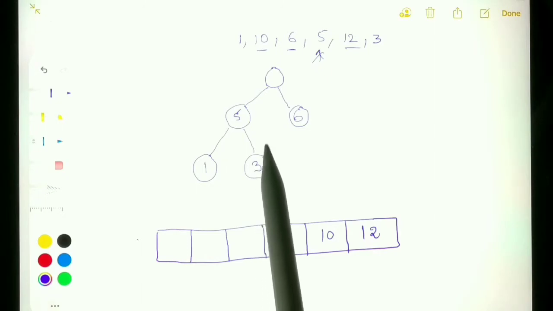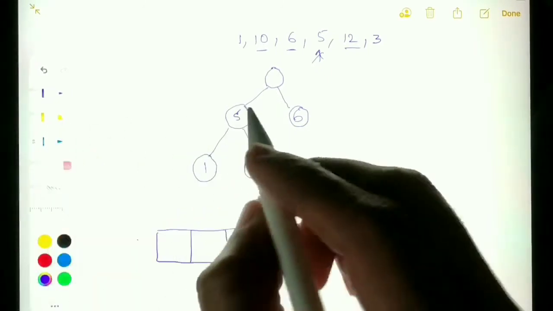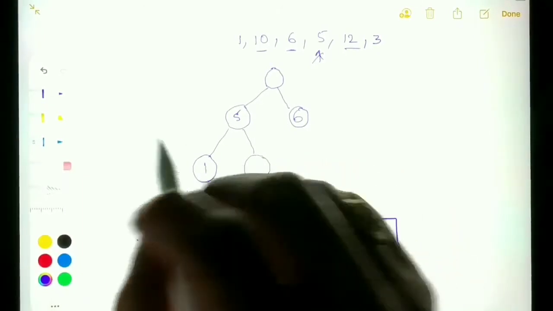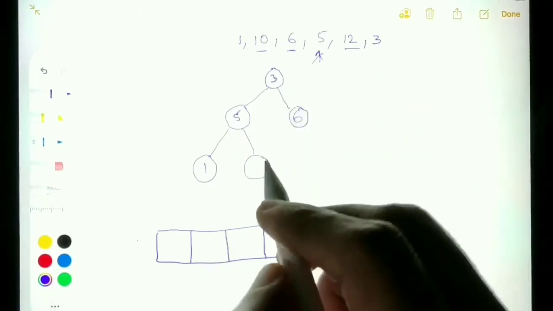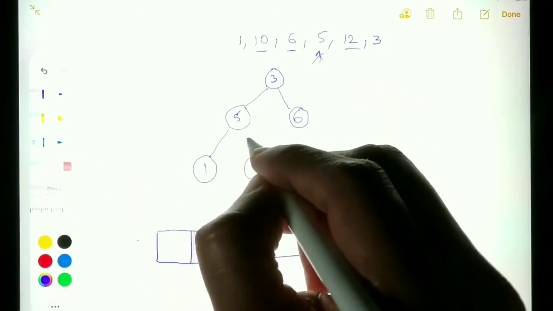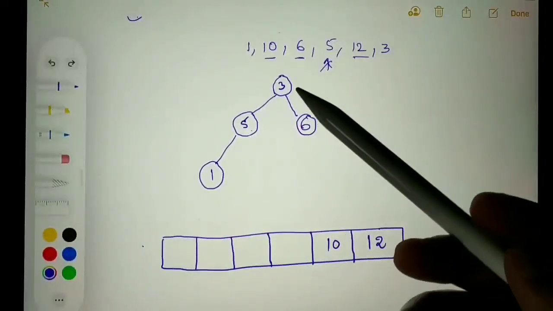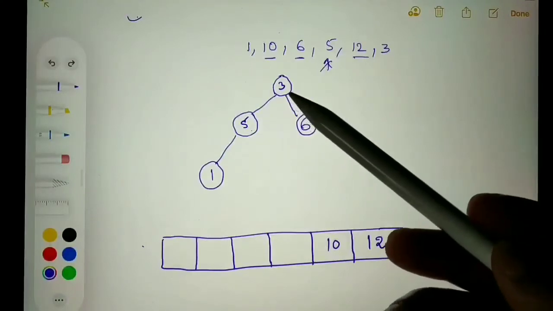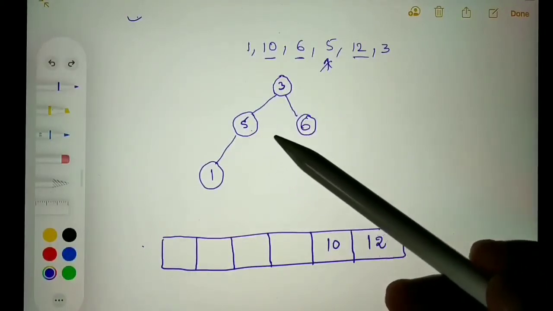And 3 I will add it to the root node again. We will delete this last node. If we compare 3 with its children, 3 is smaller than its children. So we need to swap 3 with its children.